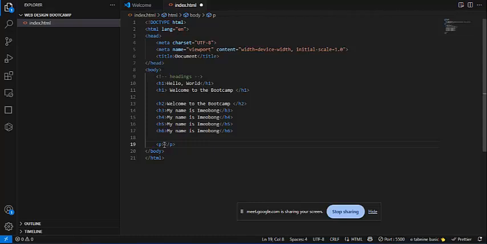So let's say I want to add a paragraph that says this bootcamp is to help you learn the fundamentals of web design. Alright, so if I click on save